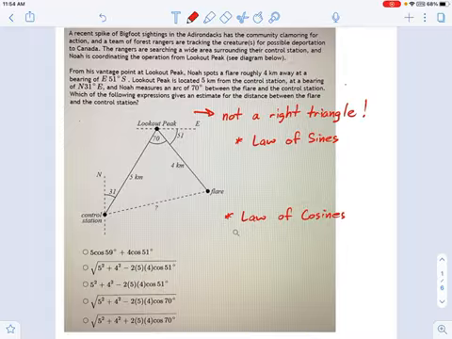So we need to have a way of solving for missing sides, like this one, without using SOHCAHTOA or the Pythagorean theorem or whatever. Now, the method you're going to use, you may not have seen yet. It's called the law of sines or the law of cosines. You have to decide which of these laws is appropriate. And the way you do that is by recognizing what the law of sines needs. This law requires something called a matching pair.